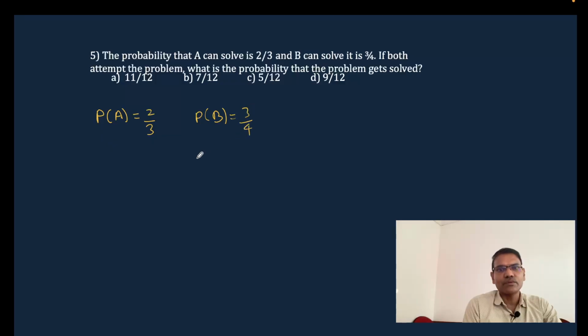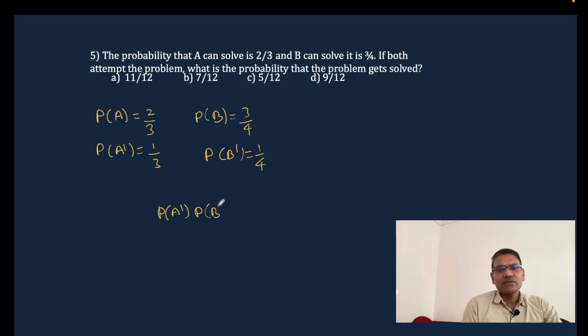So here we can consider A cannot solve the problem, that is 1/3, that means 1 minus 2/3. B cannot solve that problem with probability 1/4. So what is the probability that the problem gets solved? It means at least one of them solves it. So here I just want to find out the probability that the problem cannot be solved. That means A is not solving that problem in the case of 1/3,